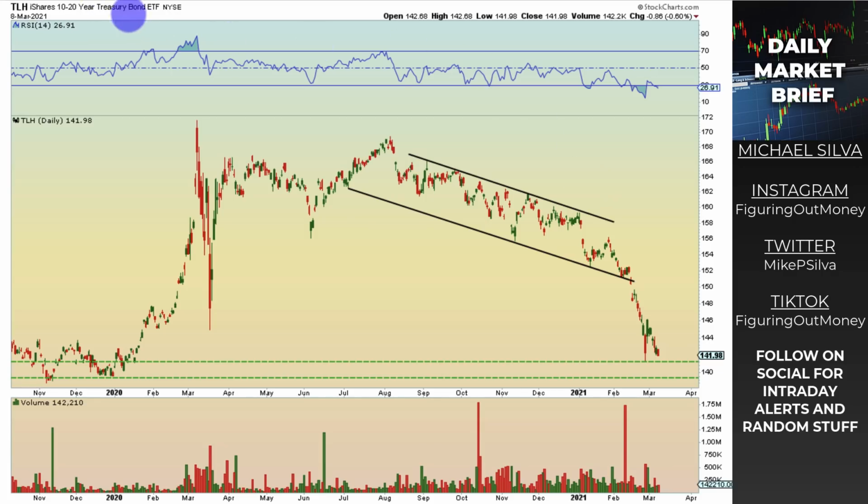Here's the TLH. You can look at the TLT as well. This is the 10 to 20 year treasury bonds. Very oversold, and we're once again oversold here. So if this price action continues to head lower, and I think the bond auction is this week, tomorrow the 10-year, or the 30-year the next day, I can't remember the exact ones, but if this heads lower, that could be a positive divergence building in oversold territory, which could set itself up for a pretty good move to the upside. Not to mention, the bond market's heavily shorted as well, historically shorted right now. So if there's a squeeze, it could be very, very epic during a risk-off environment. So buckle up. It's getting very, very interesting here.